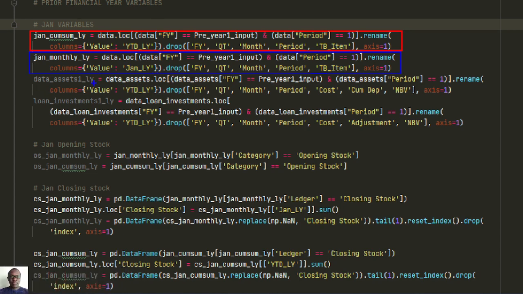Then when we come down here, we also have data_assets_ly, meaning the assets for last year. So these are assets that were acquired within the period of January last year. So here again we are seeing that data_assets_ly is equal to